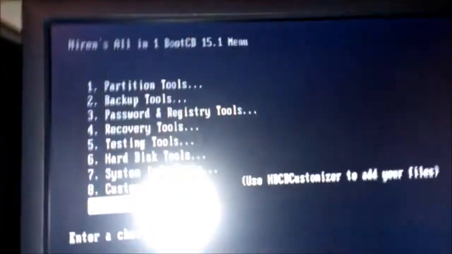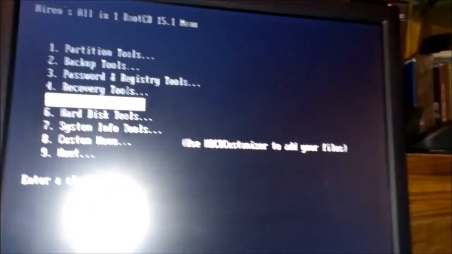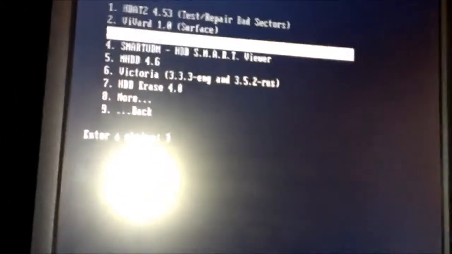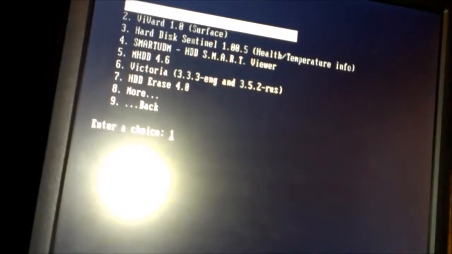Hiren's All-in-One Boot CD 15.1. That's what I'm using. And I want to go to Hard Disk Tools. If you want to just do what I'm doing, which is looking at the SMART data, for whether the hard drive has bad sectors, read errors, seek errors, and stuff like that, and see if your hard drive is actually failing, all you have to do